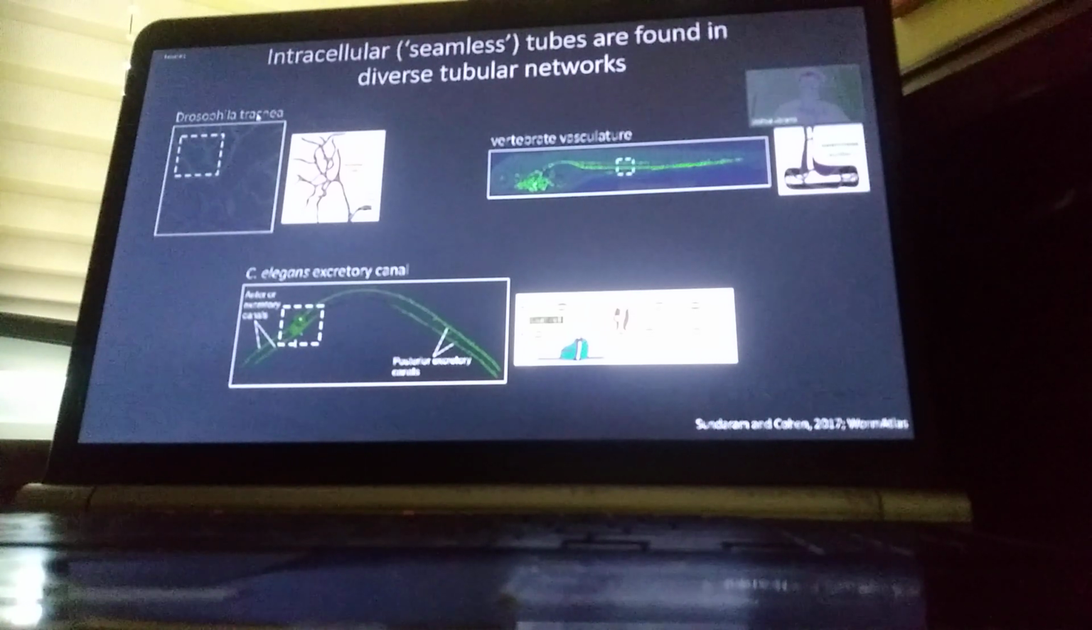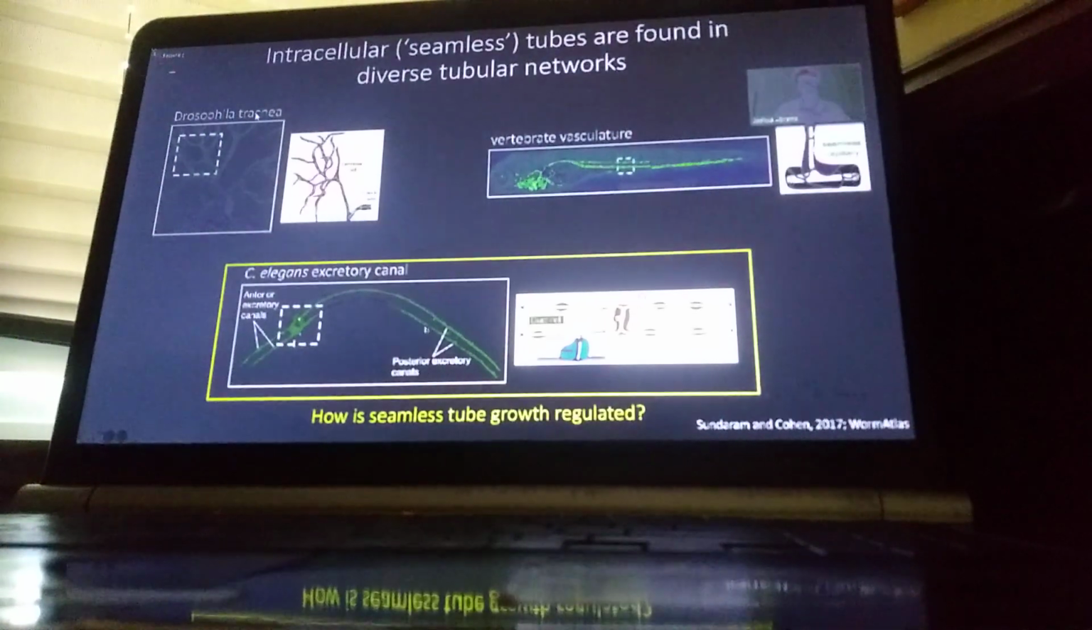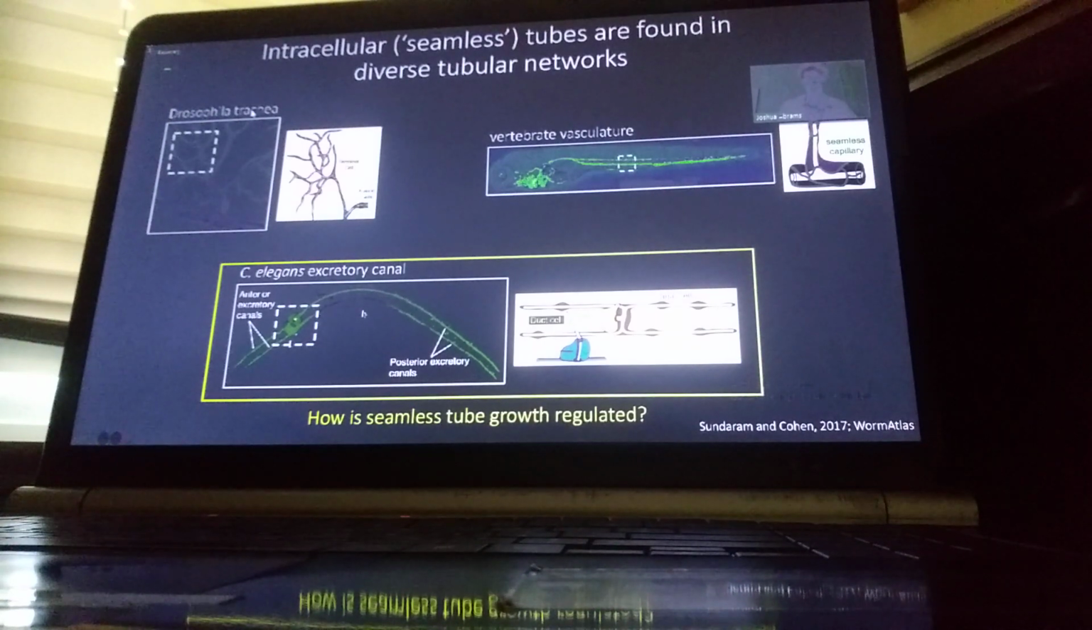And in our favorite model system, the C. elegans excretory canal, which is this fascinating H-shaped cell that spans the entire length of the adult worm and forms and expands its lumen intracellularly. So what we're really interested in is what is actually coordinating this type of lumen expansion, using this as a